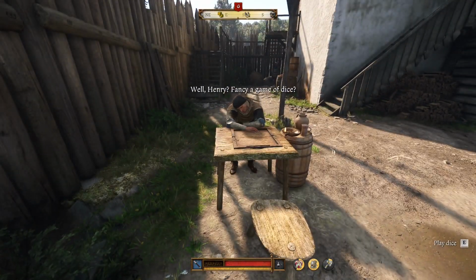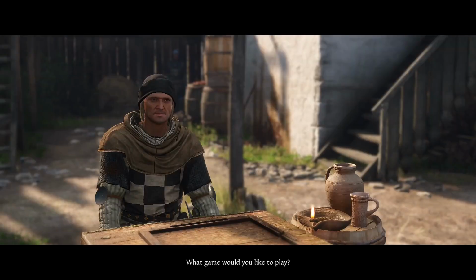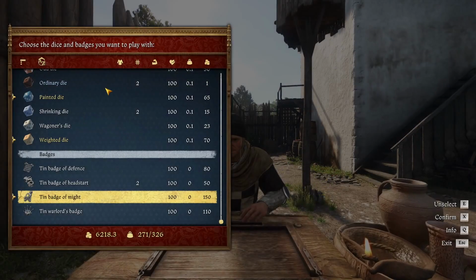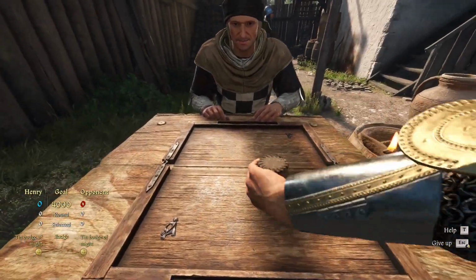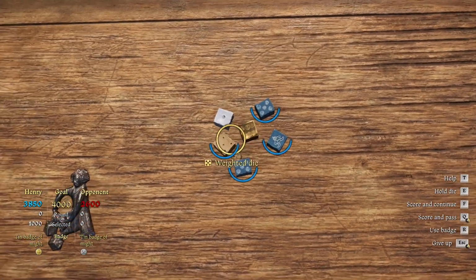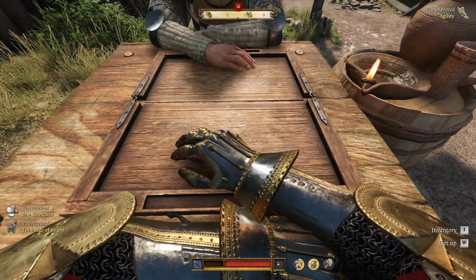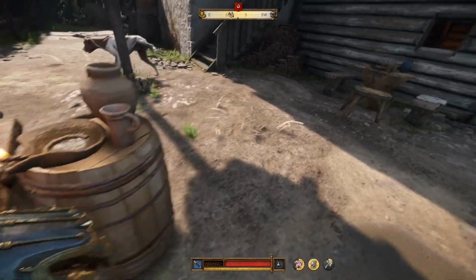Well, Henry? I'd like to play dice. Care for a roll or two? What game would you like to play? Now how about novices? Let's play. Got this pretty pilgrim's badge. Oh, Fortuna, may the best player win. This guy is done. You must have a lucky horseshoe up your arse. Next time I'll be more careful around you. Kurva, to hell with the...